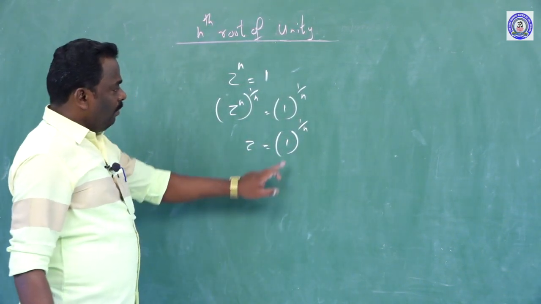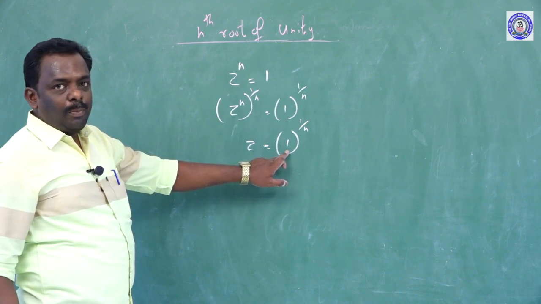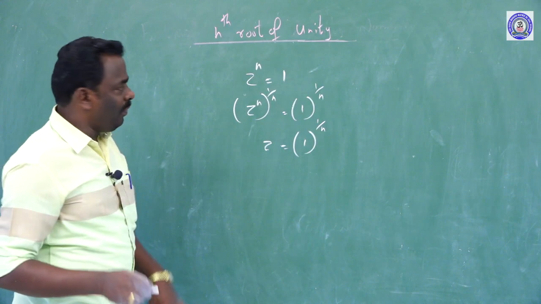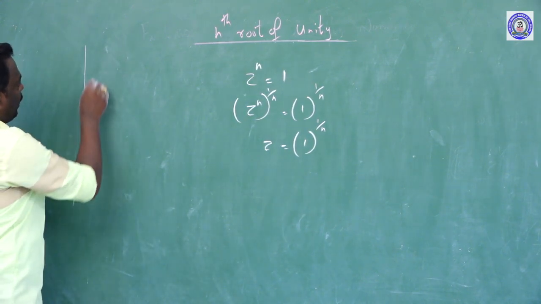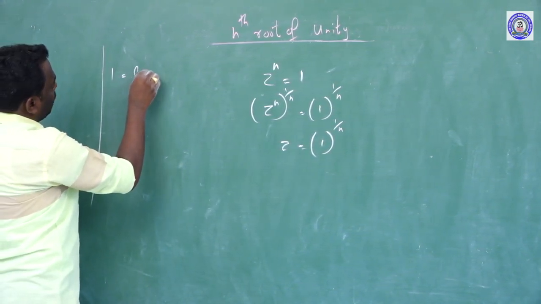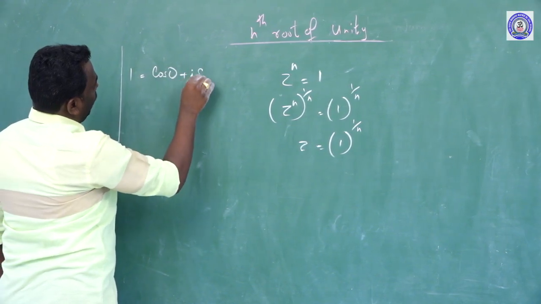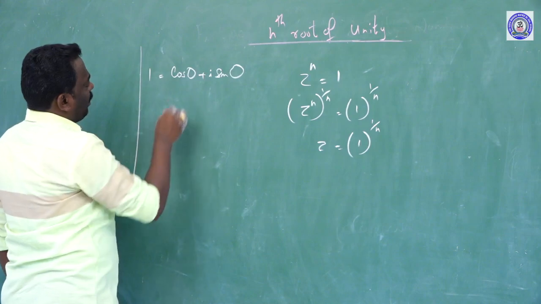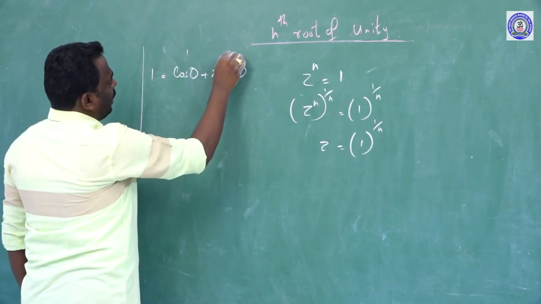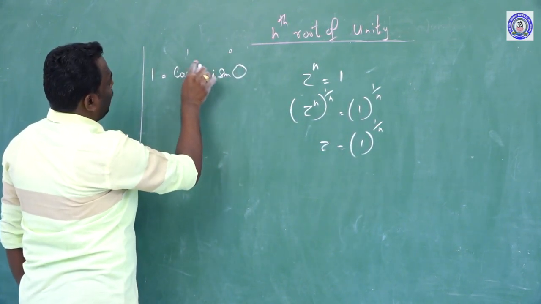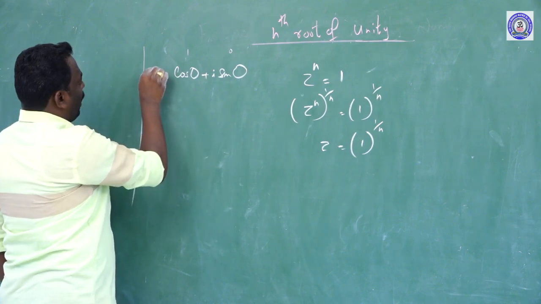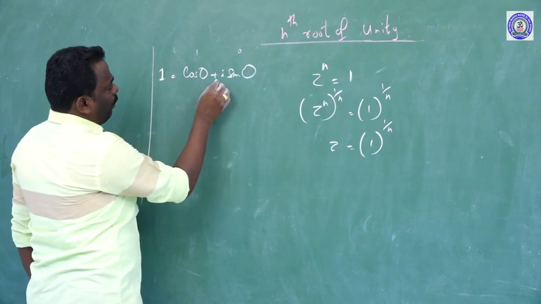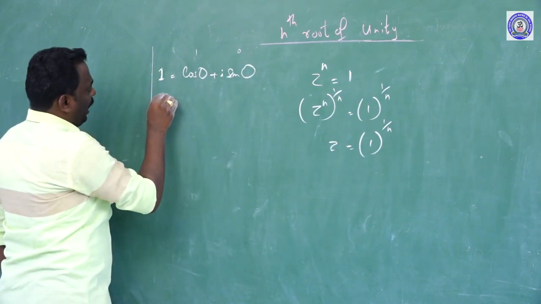So now first write 1 in the polar form. Before writing that, we have to know the polar forms of these numbers. First one, 1 equals cos 0 plus i into sin 0, and this is the polar form of the complex number, because cos 0 equals 1, sin 0 equals 0, so the second term cancels, leaving 1. Therefore the polar form of 1 is cos 0 plus i sin 0. Next, i.